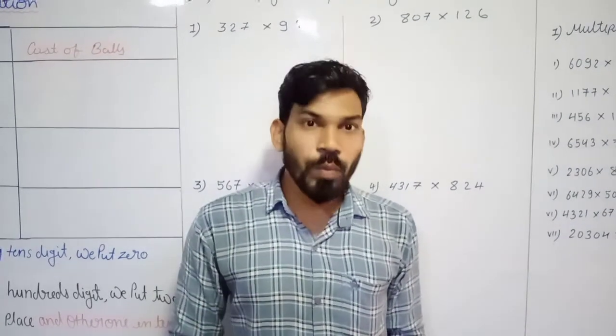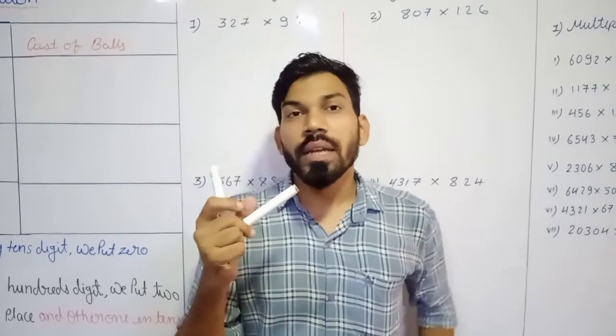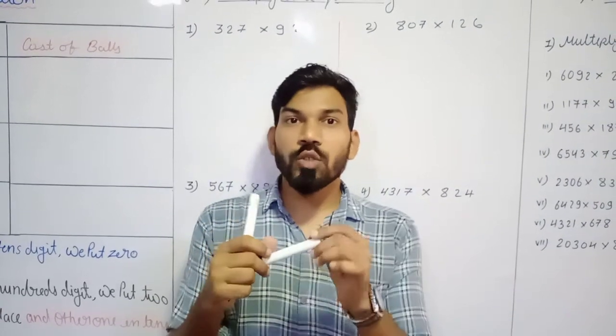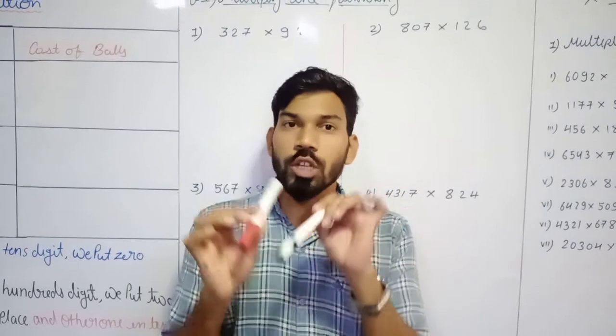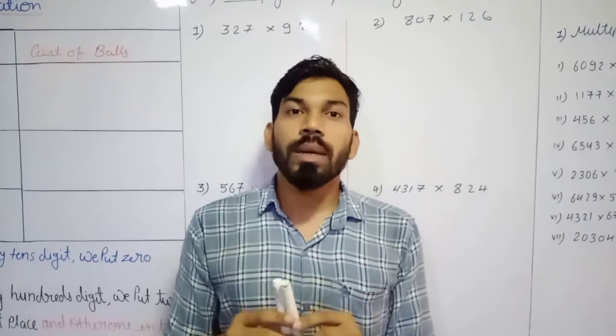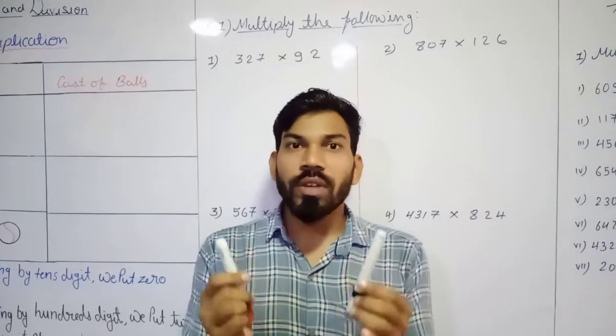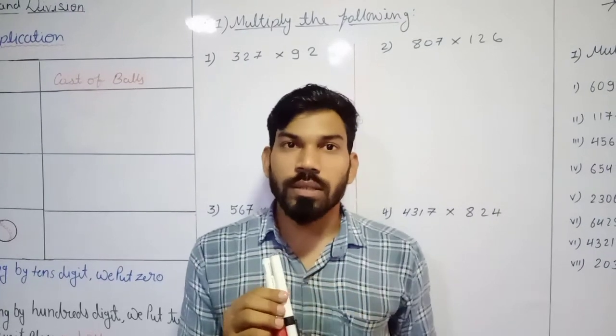Next time I want to purchase two markers. The cost price of one marker is 20 rupees. Now this time I am purchasing two markers. So 20 plus 20, the cost price of these two markers is 40 rupees. Easily I come to know I have to pay 40 rupees to the shopkeeper. How did I get 20 plus 20? We added the cost price of these two markers.